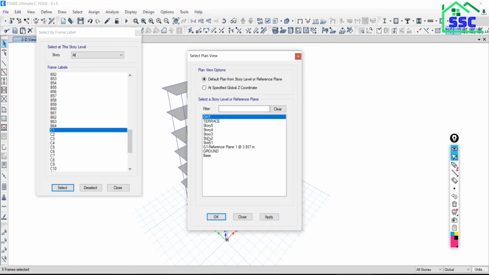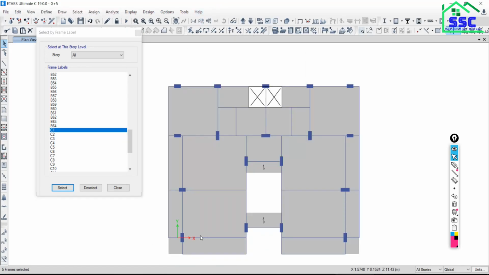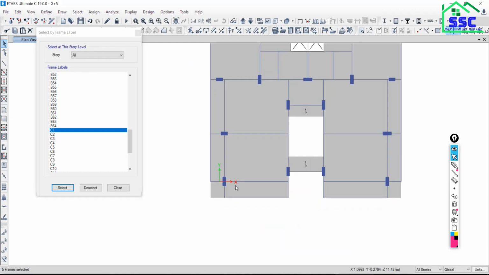So this is the column C1. Just go to plan at any floor level. This one is the column C1. 1 2 3 4 5 6 7 8 9 10 11 12 13 like this. So this is your column 1. All the columns of all the floors are in selection.